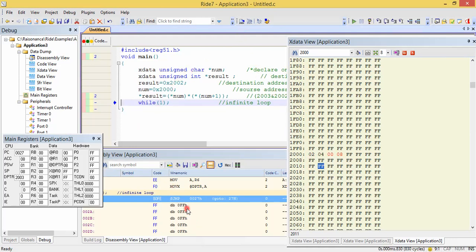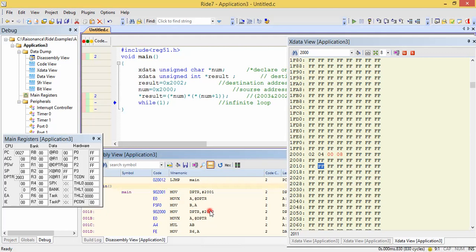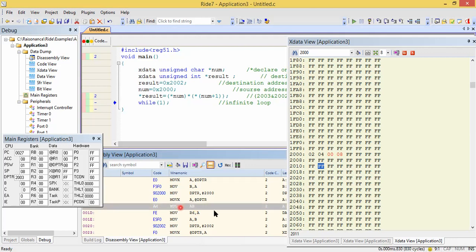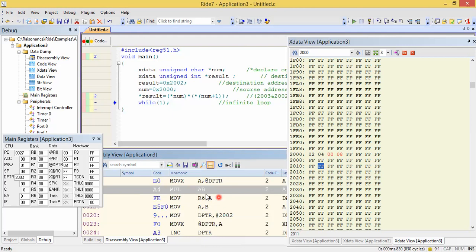And if you check the assembly area, you can see the instructions. Here you can see the instruction MUL AB. I already mentioned that to perform the multiplication operation, the assembly language program uses the instruction MUL AB.